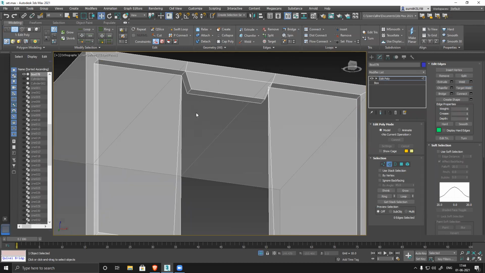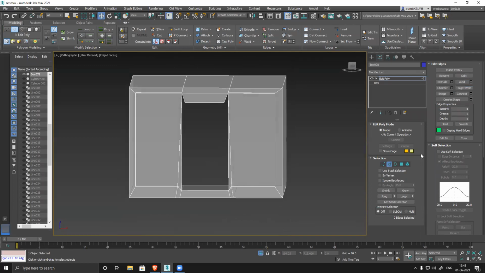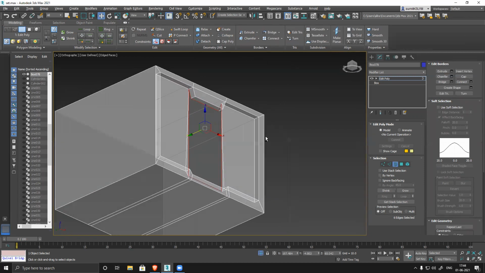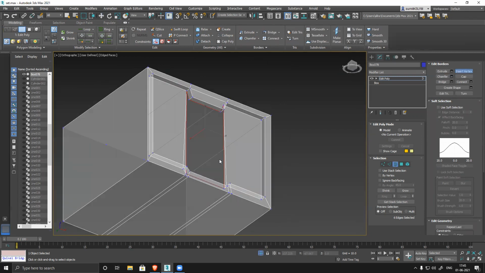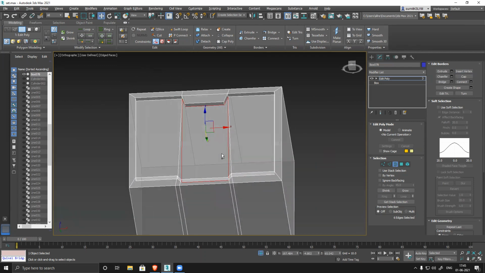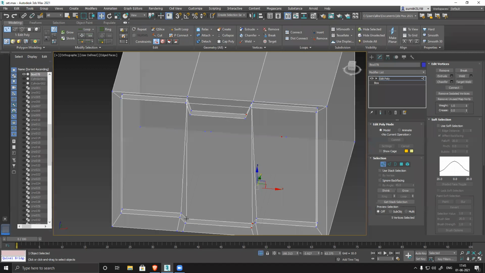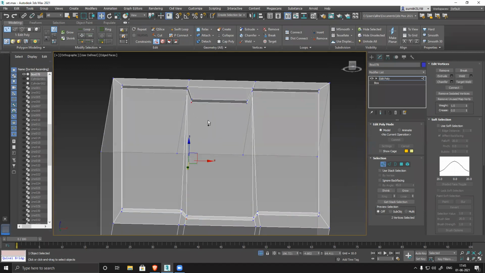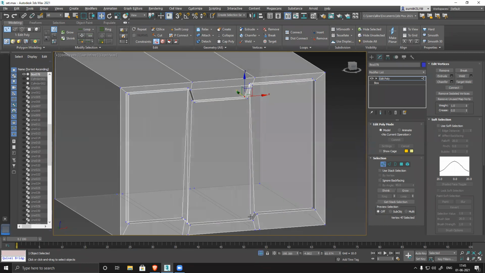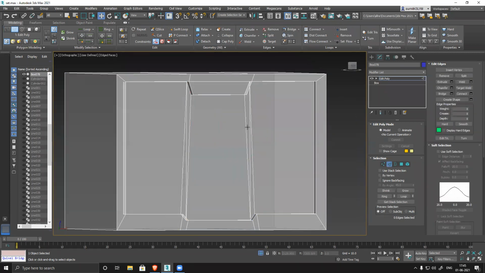Now I need to connect this entire section. So how do I, base is correct. This is perfect. Select this like this, right click. Oh, sorry, cap it. I clicked wrong option, cap it. Capping is done. Now, how to fix the geometry? Go to the inside edge and select this edge and connect it. This edge and this edge, connect it. This one and this one is not required.